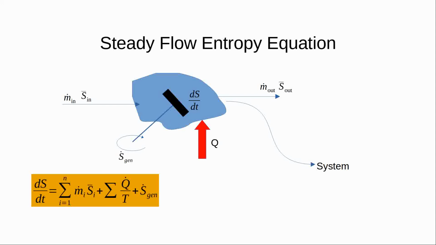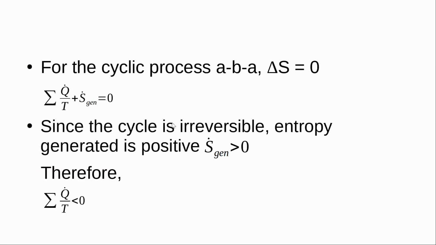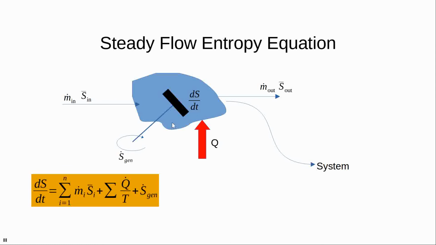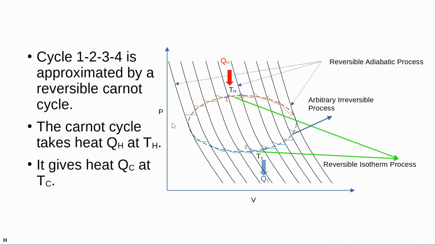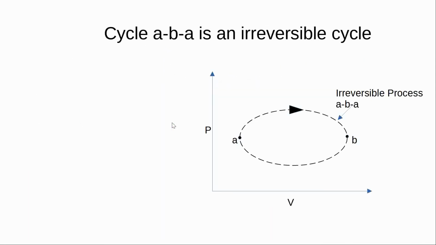So the change in entropy of this control volume or the change in entropy of the process is 0. We take the control volume now as the process itself. The change in entropy of the process is 0. Therefore, the change in entropy of the control volume is also 0. Now, for the process shown to you previously, the irreversible cyclic process, it is a closed system.